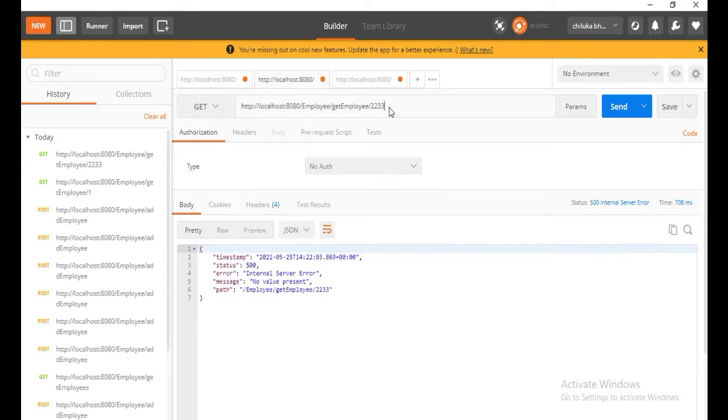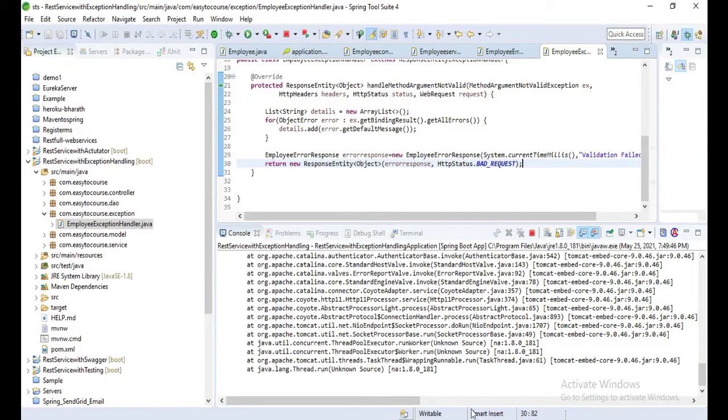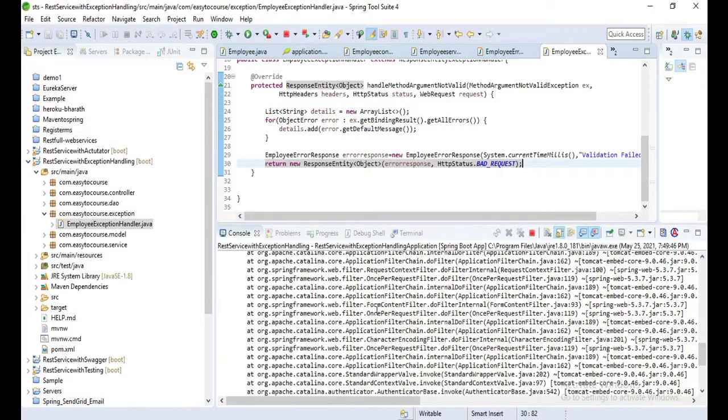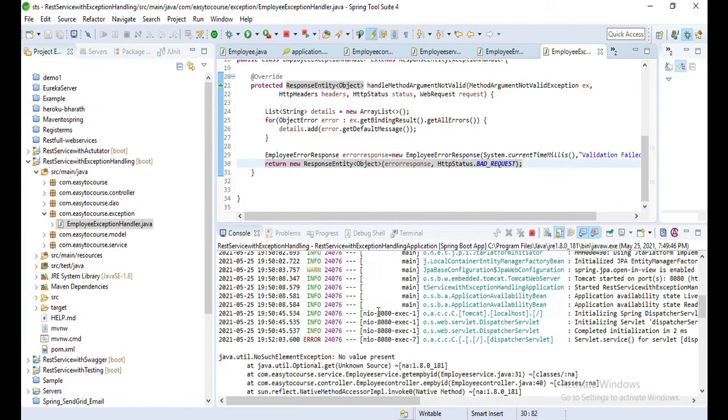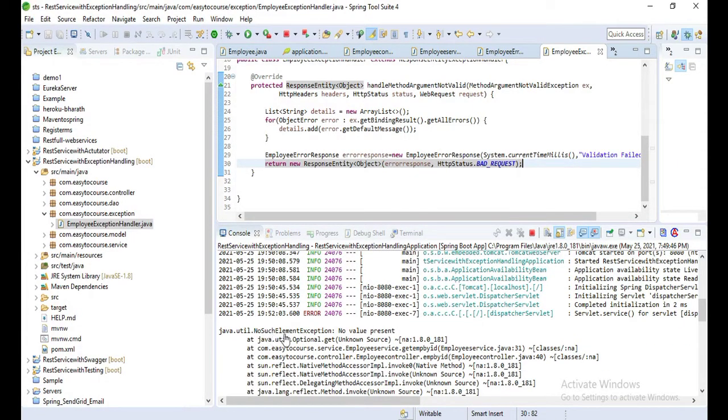Now let's try one more, some random number. Here you can see we got an error, no value present. Now let's handle this error. Here you can see some long errors: NoSuchElementException, no value present. So let's handle that error.